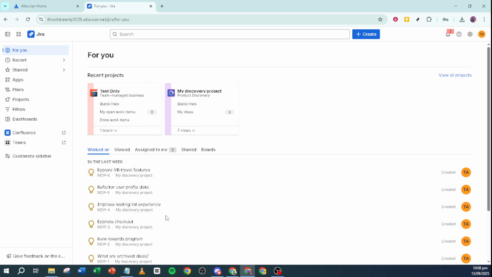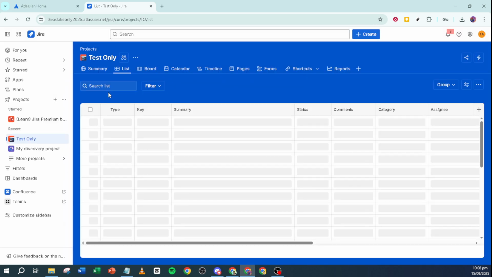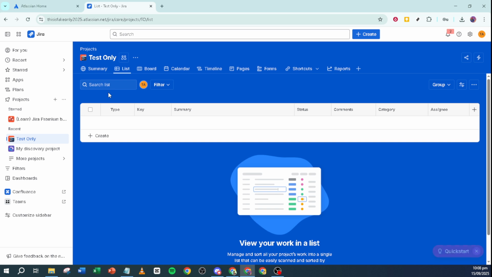Once you're logged in, the next step is to navigate to the specific project you want to generate a report for. To do this, look for the listing of available projects on your dashboard. Click on the one that's relevant to you. This takes you into the project's main interface, where you can interact with various elements of your project, such as issues, tracking, and much more.